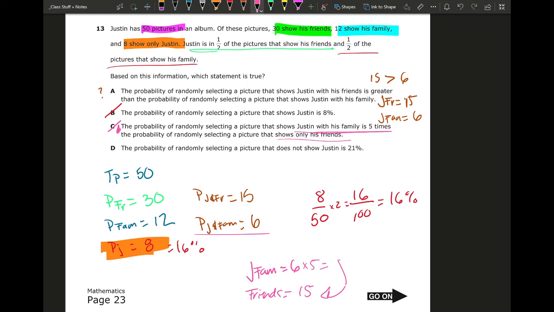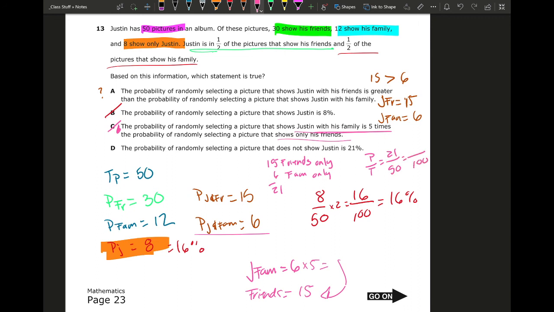Well, I have 15 that shows his friends only. And how many that shows his family only? Well, he has 12 that show his family. He's in half of them. So 6 family only. So we're going to have to do a part over total. So this is a total of 21 pictures, not 21%. Because remember, my part over total, this is 21 over 50,